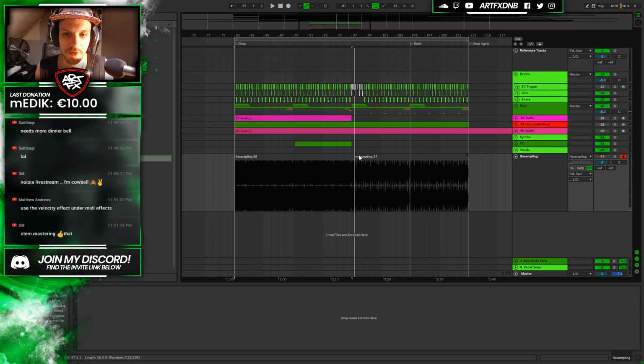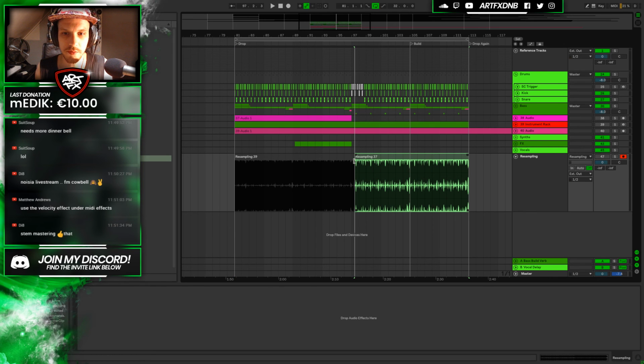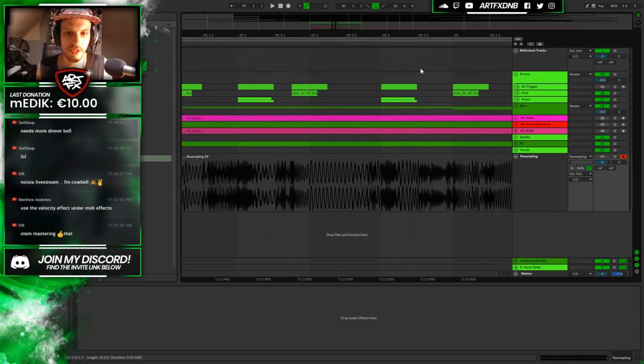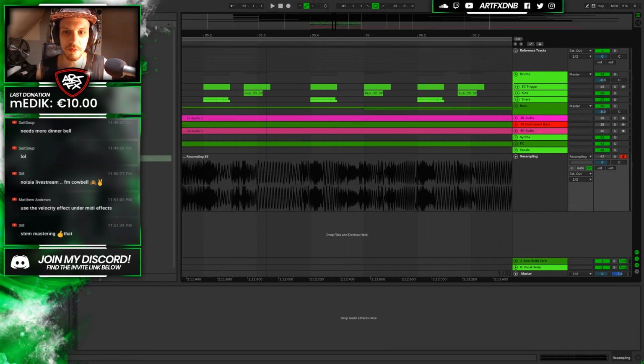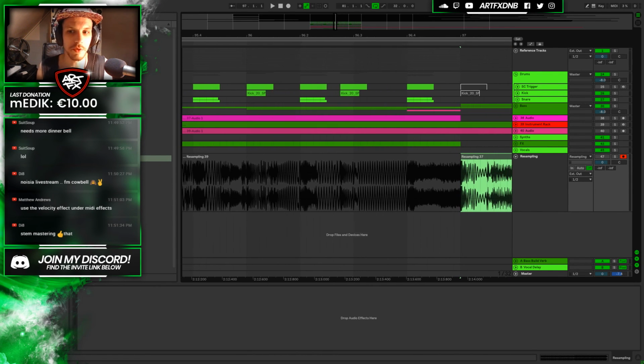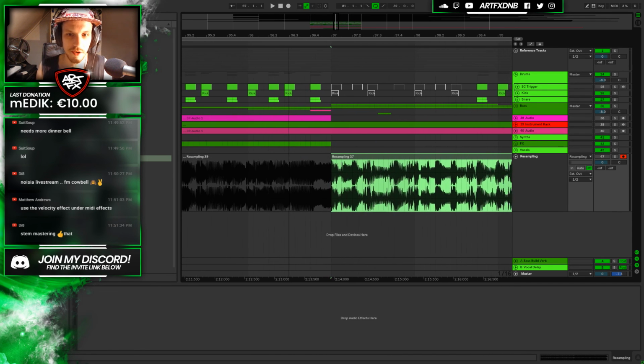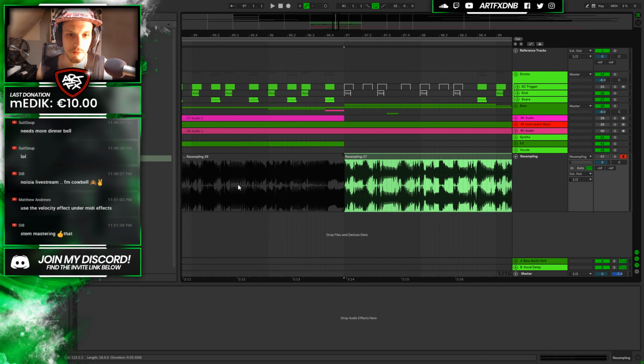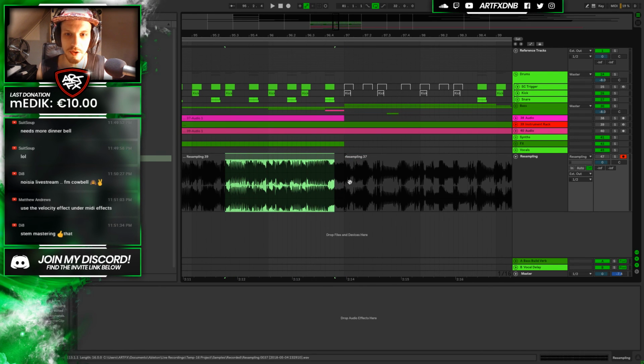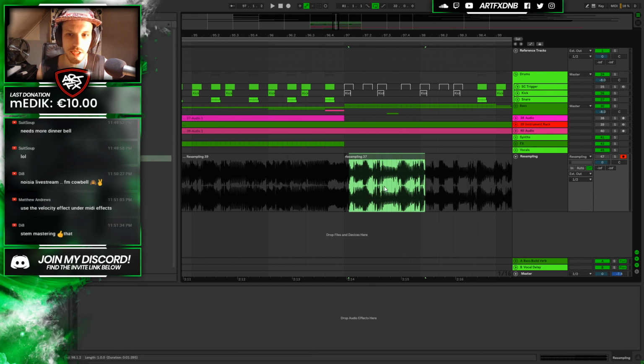So now we have the new one with the new compression applied to the bass, and if I zoom in, you can see that my sub bass is now much closer to what you were seeing in the Mephius track. And if you compare these two together, you can already see it, right? The sub bass here is much louder compared to here. You can just see, especially if you look right here. See? That area,